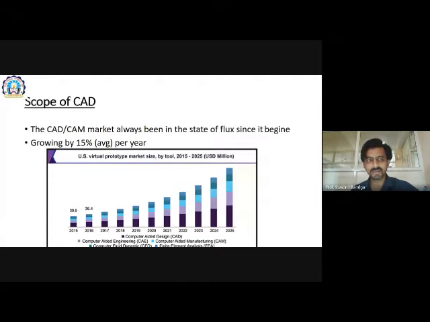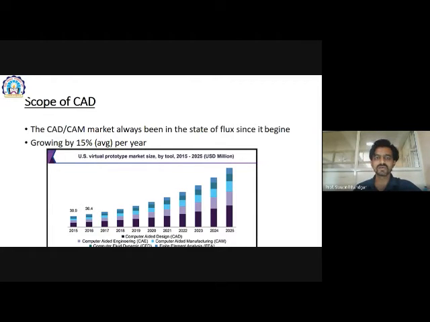And just remember one thing: this is not a fixed structure, because experts say that the CAD/CAM market has always been in a state of flux since its beginning, and it's still in a state of flux. State of flux means it is not constant; it is varying every time.